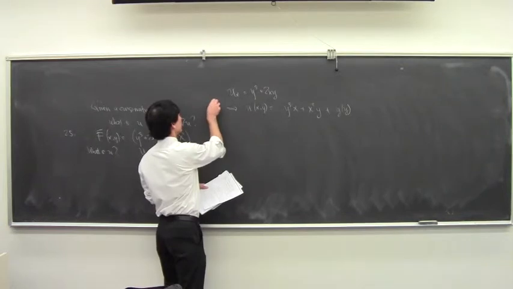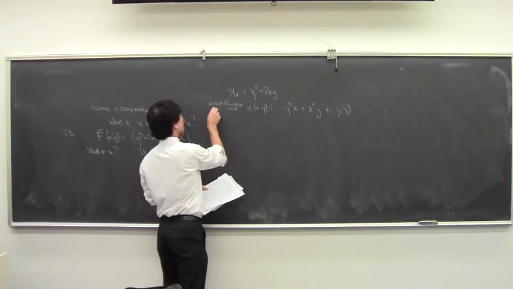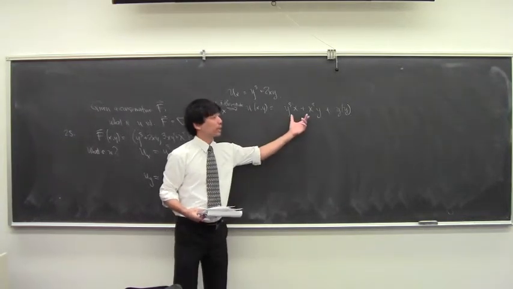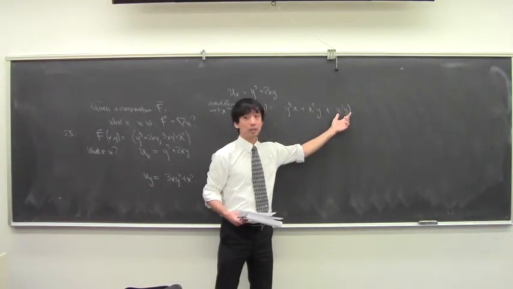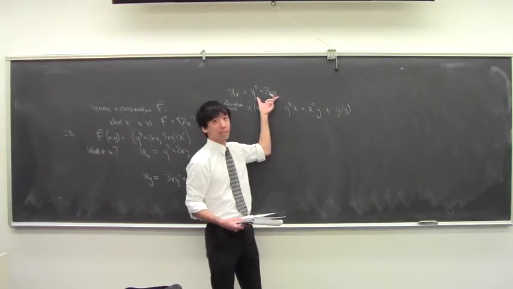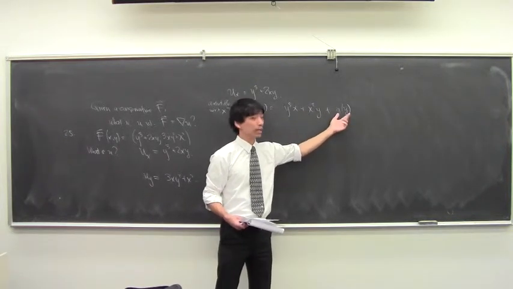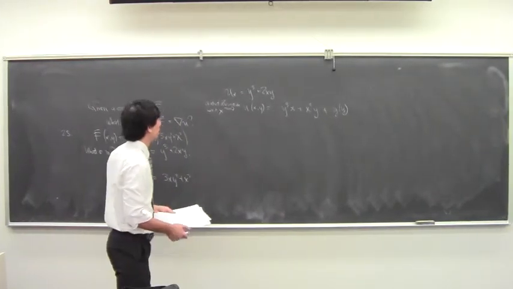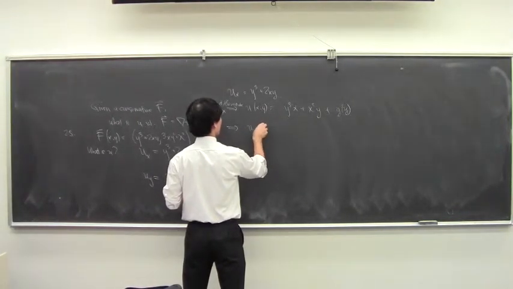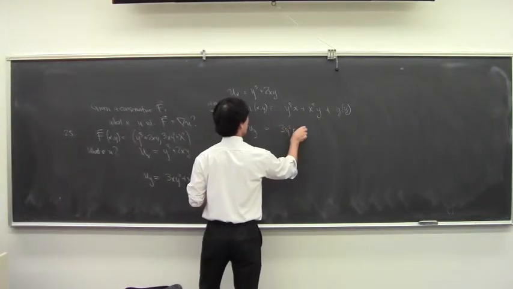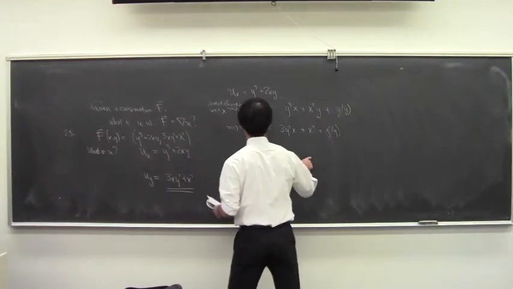So anti-differentiate with respect to x. Then I get this, plus some function of y, because if I differentiate this with respect to x, I get y cubed plus 2xy plus 0. This is like the constant. Now, if I differentiate that with respect to y, that tells me that u sub y is 3y squared x plus x squared plus g prime of y. But I know already that